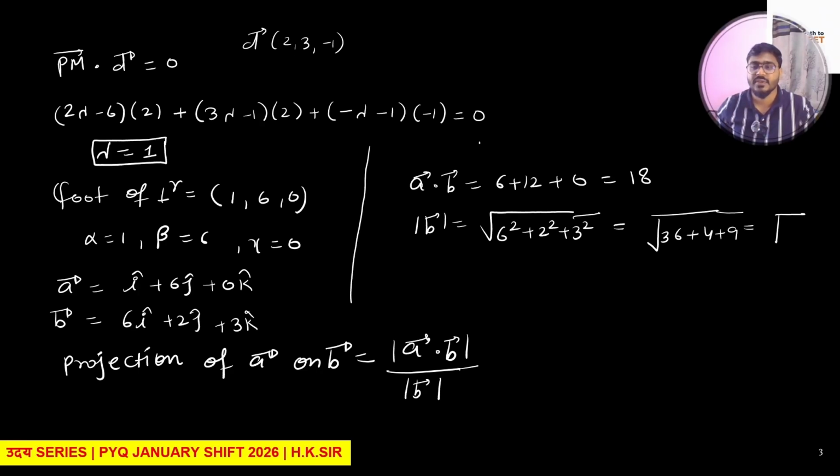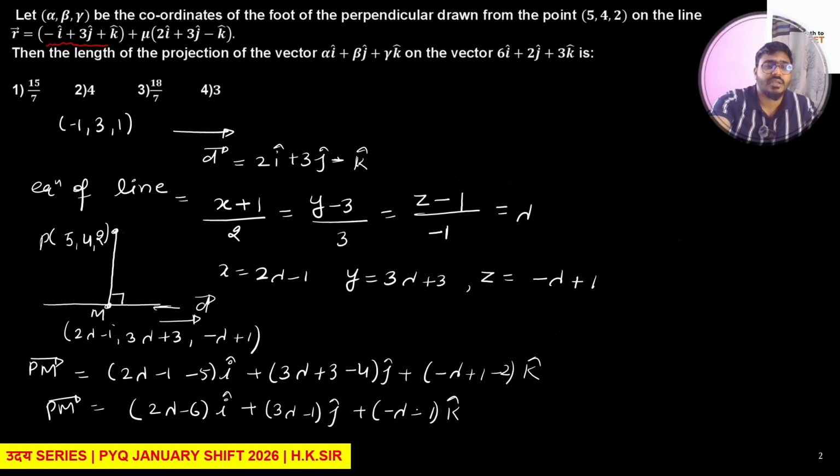Okay, this is 49, 49 means this is 7. So magnitude of b जो है वो ये आ गया। अब फाइनली इसमें वैल्यू पुट कर देते हैं यहाँ पे 18 अपॉन 7। दिस इज आवर फाइनल आंसर। सो विच ऑप्शन इज करेक्ट, 18 अपॉन 7, थर्ड ऑप्शन इज करेक्ट। ओके, तो सवाल तो आसान था, कॉन्सेप्ट सिंपल सा था, तो आप लोग इसको देख सकते हैं।